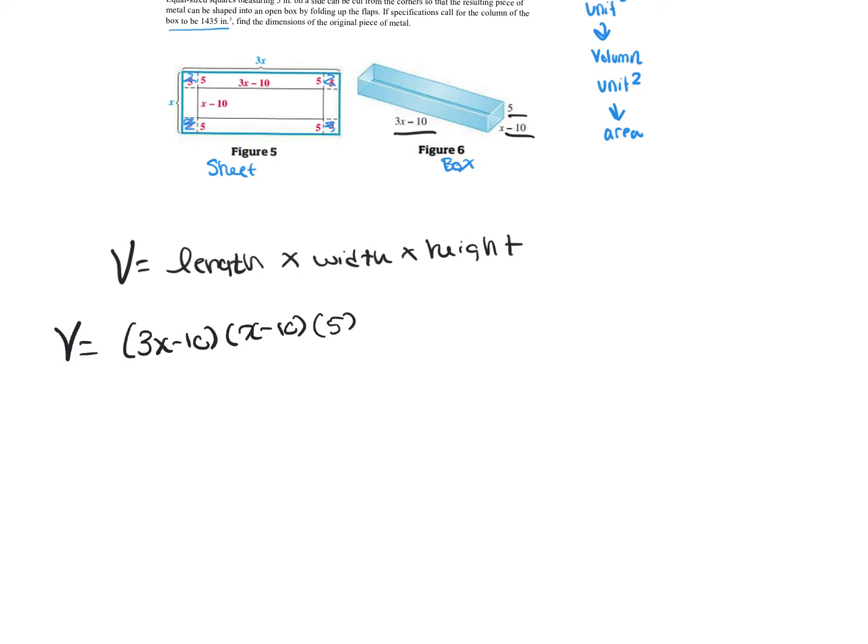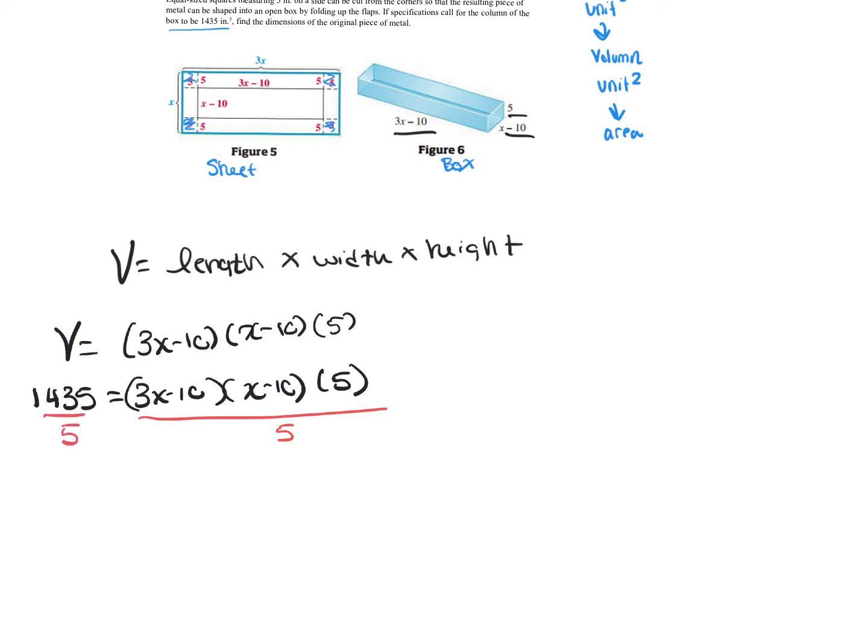And that volume that I have has to equal 1,435, 3x minus 10, x minus 10, and then multiplied by a 5. I'm a firm believer in making things reduce before I multiply them out and make them big and ugly. So what I did is I multiplied this side by a 5 and this side by a 5. If you do it to one side, you have to do it to the other. Those 5s are going to cancel out, and 1,435 divided by 5, you can use a calculator, is 287